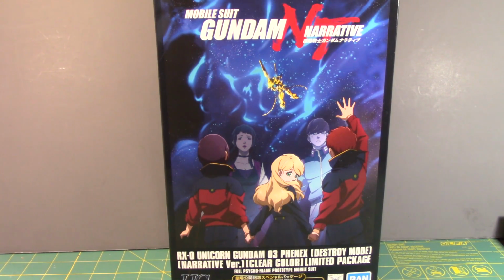But this is the kit that came out last year, and it's basically the Phenex. We all know it, which is basically the Unicorn. We've built the Unicorn like 1 billion times already. Bandai is not going to give up on this mold anytime soon. We're going to probably see another version of this, maybe 2 or 3 more versions, in High Grade, Master Grade, SD, Perfect Grade, Mega Size. I have no idea. I'm surprised Mega Size Banshee hasn't come out yet. But yes, this came out, and I